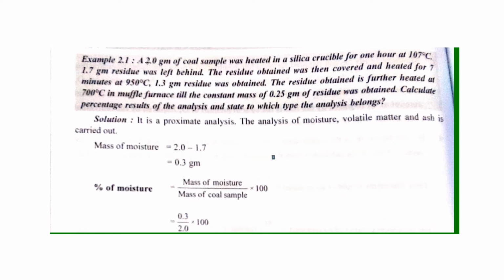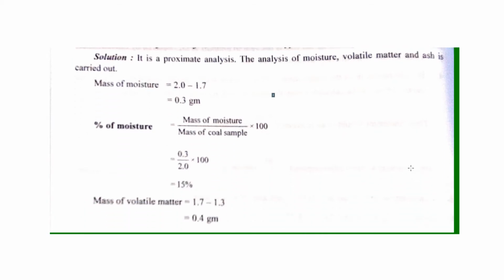So this is the weight of coal sample A. And then keeping it at 107 degrees centigrade, this is the weight of B, and this is the weight of C. So we have to find out these 4 components. First, percentage of moisture: mass loss due to the presence of moisture upon weight of